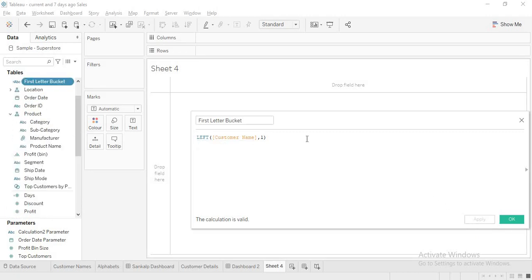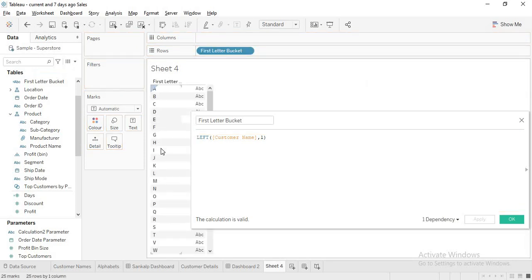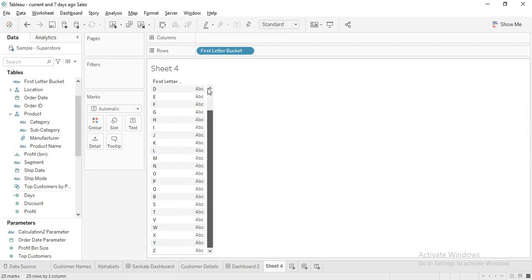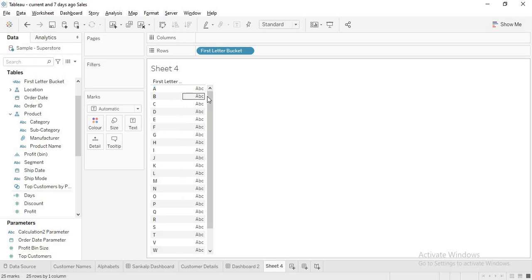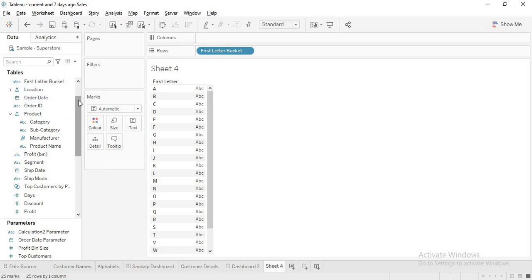Let me give you clarity. What does LEFT do? In the total string called customer, it will only take the first letter and give it to me. Let me drag my first letter to rows, then you will get clarity. See, it is getting all the first letters, so my customers are from A to Z. We got this, but we don't want this to show, and there is a simple funda for that.